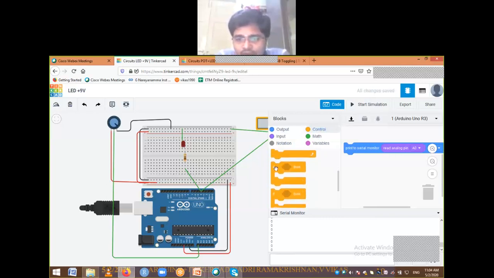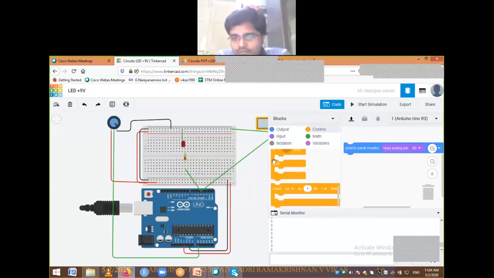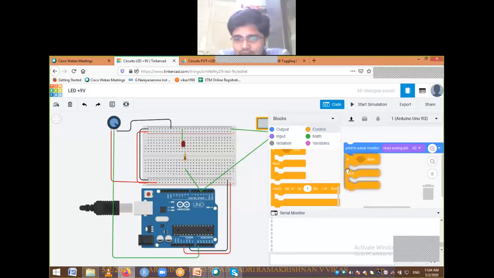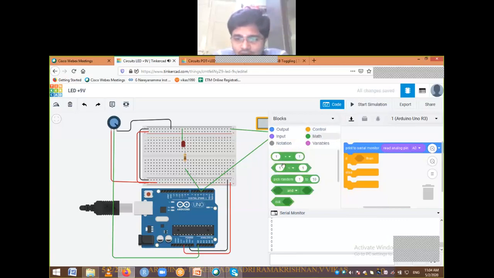If, then, else. Basically I want to compare, so I will go and look for the comparison operator. You can see we have some comparison operators here. Drag that one and place it inside this.